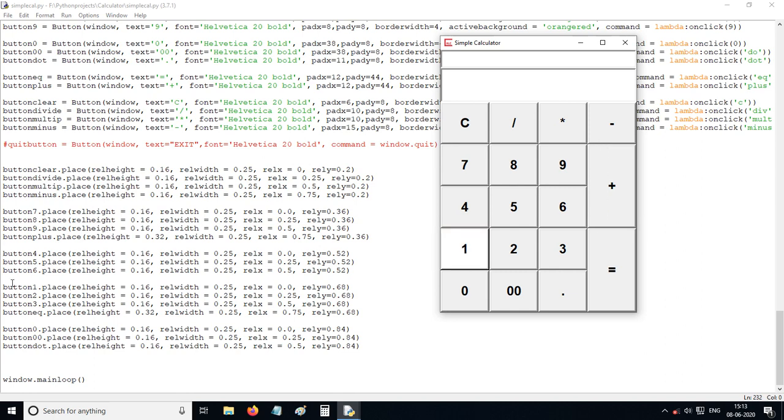Then the equal button is at 0.68 from the top edge to its top edge. It is a ratio, it has no unit.